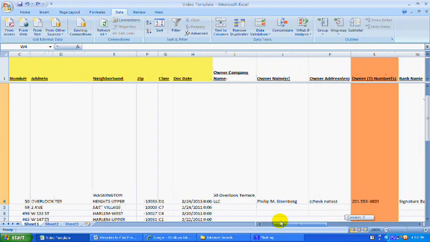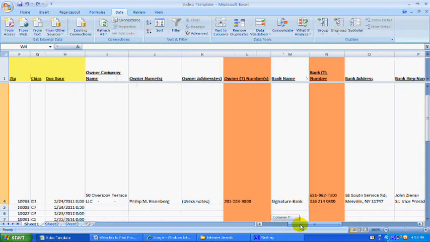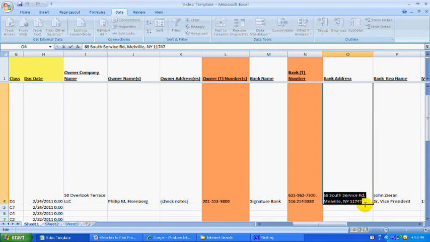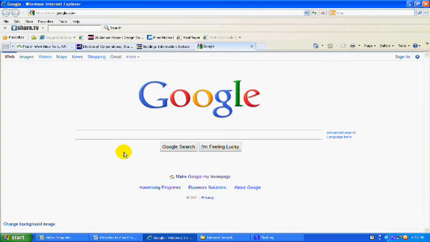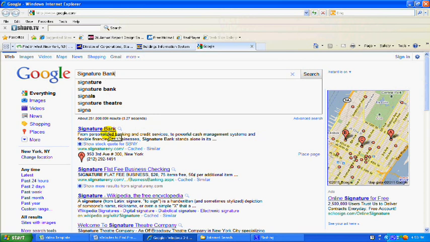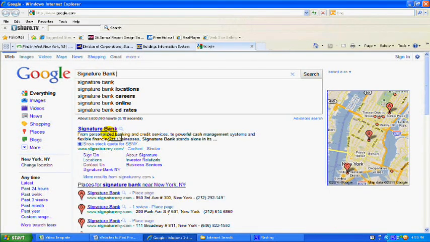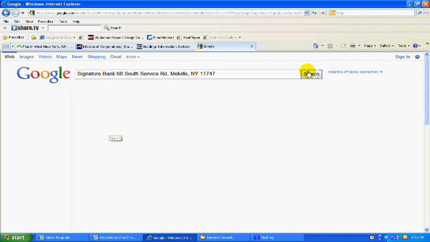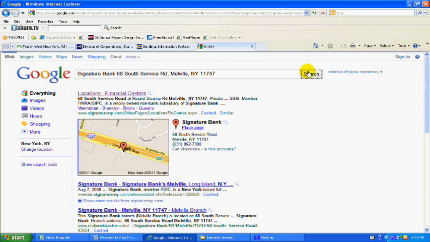Okay, and this is a very straightforward search. There's nothing much to it. Simply we start with the bank, Signature Bank, and we have an address. So what I typically do is I'll cut and paste the address. I'll go to Google, I'll type in Signature Bank, and I'll have the address. And I'll hit search. And just that quick, we do have an address,